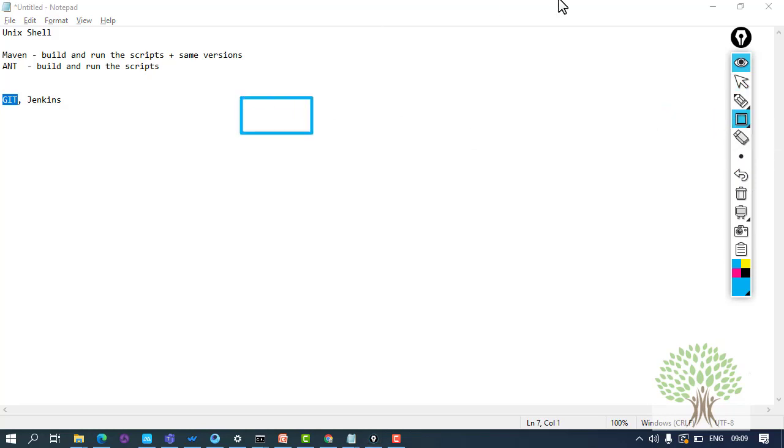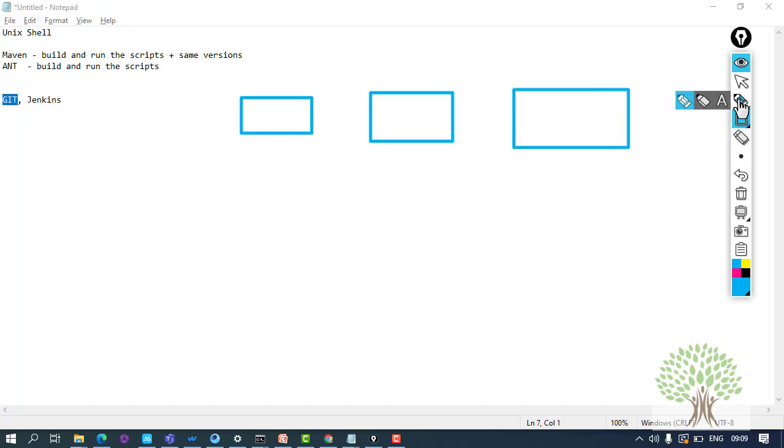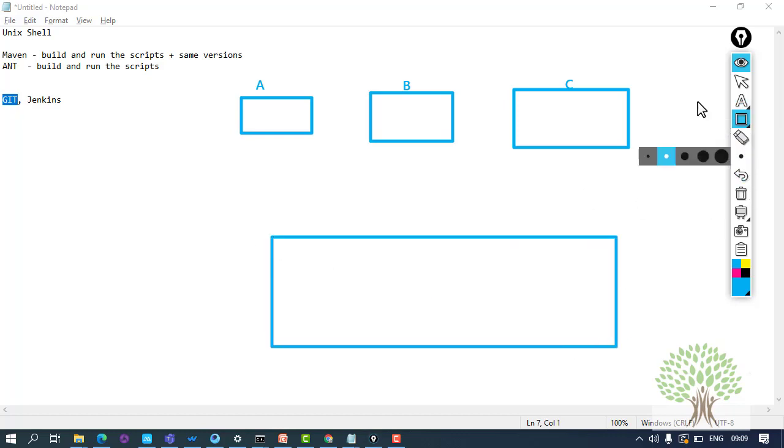Suppose I have three team members: this is A, this is B, and this is C. When we work in a team, we keep the code at a central location. This central location is Git. It's very famous these days, so that any new team member who joins can easily download the code from that location.